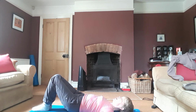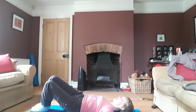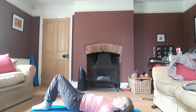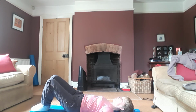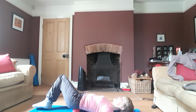Remember, your arms are slightly lower than shoulder width apart. That's lower than your shoulders. Palms facing the ceiling. And it is a slow and controlled movement. And you are rolling over the spiky balls. Still got a little bit of contact with them, but clearly you're pushing your weight from one side to the